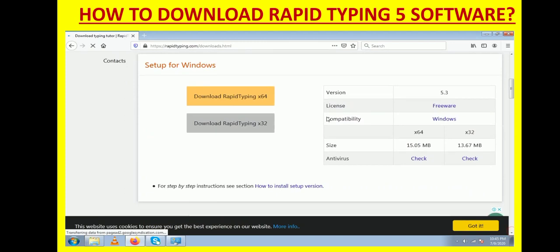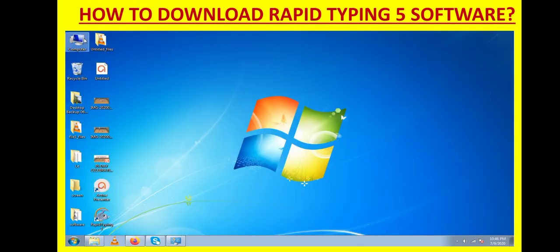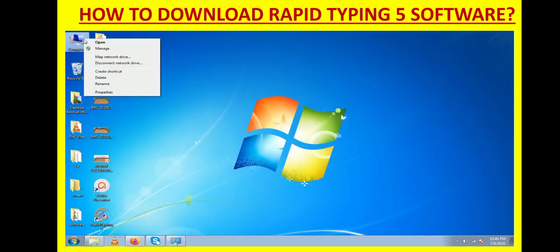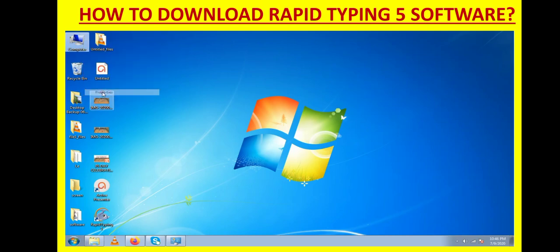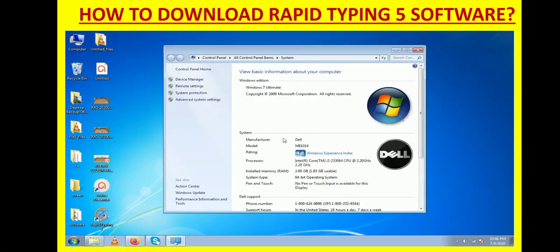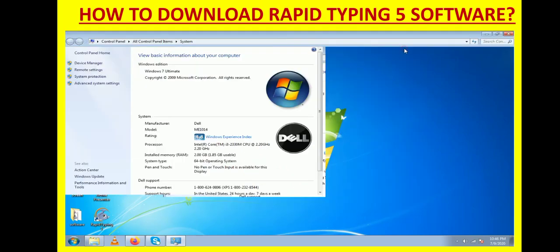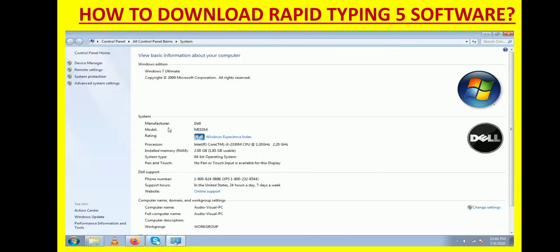If you scroll down, then you will see two options: download Rapid Typing 64-bit or download Rapid Typing 32-bit. So as per the operating system that you are using, you have to download the appropriate software. If you don't know whether your operating system is 32-bit or 64-bit, then right click on the computer icon and see the properties.